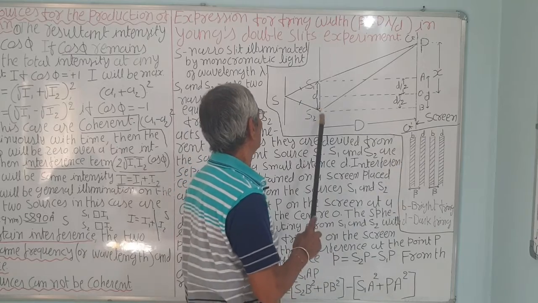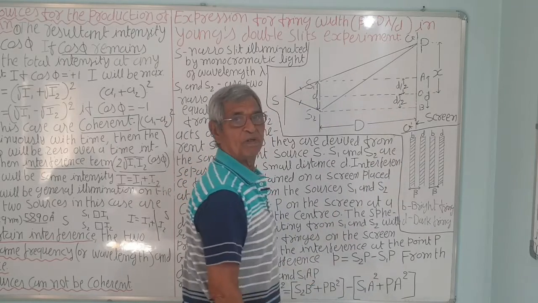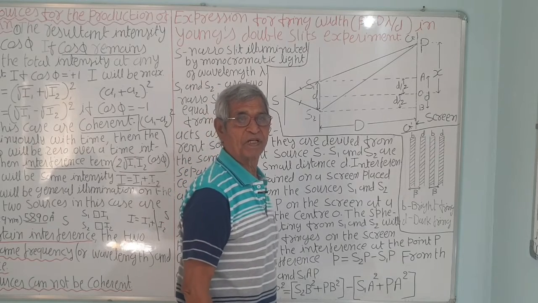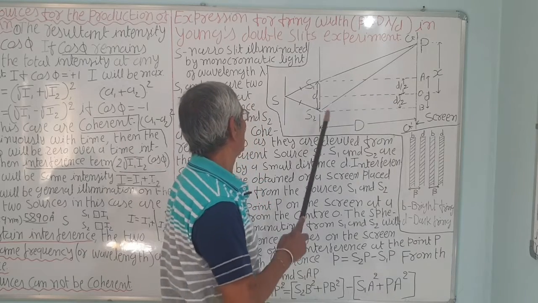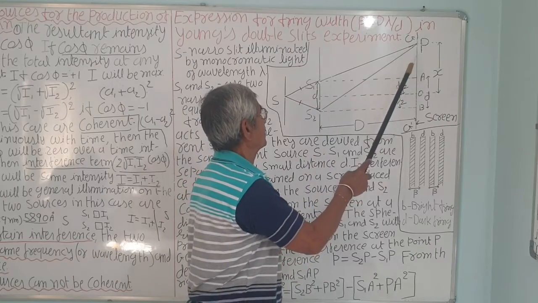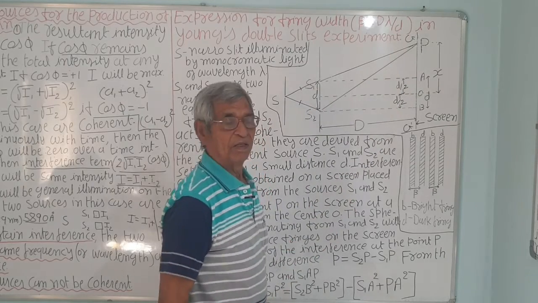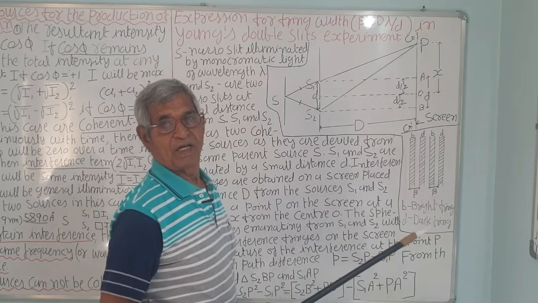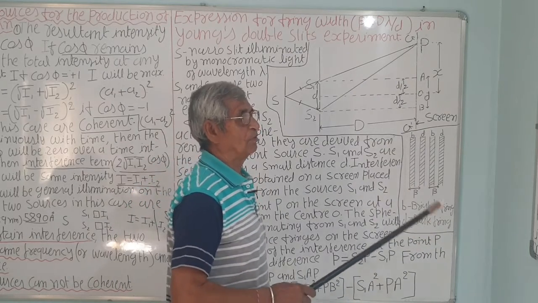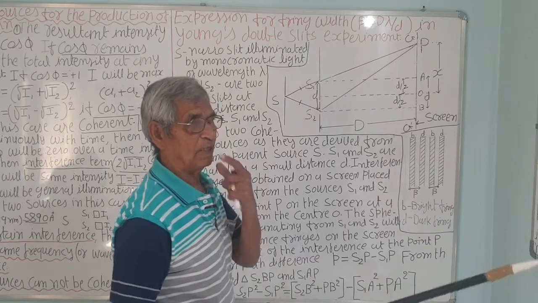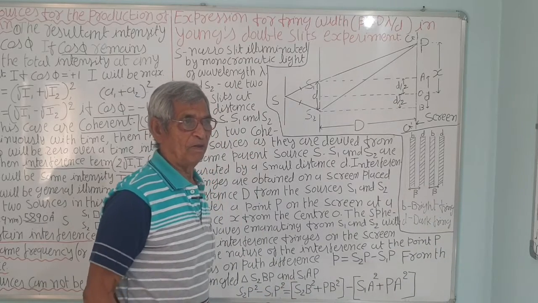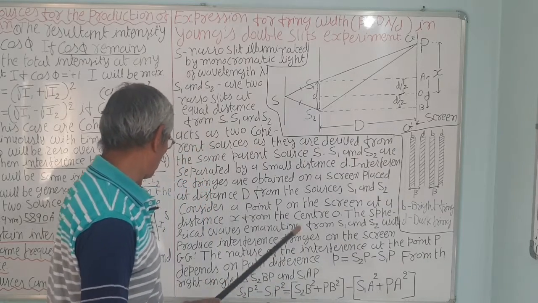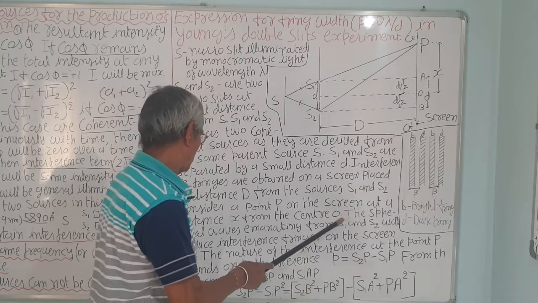If the path difference is an integer multiple of lambda, then there will be a bright fringe, constructive interference will take place, that is, they will help each other. And if the path difference at a point is (2n minus 1) lambda by 2, or you can say (n plus half) lambda, then it is dark. You can write it in any way; in different books it is given in different ways, correct?